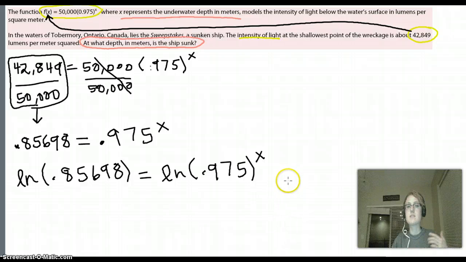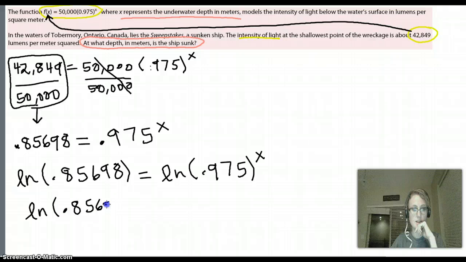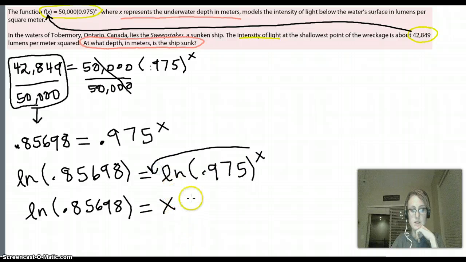You can think of it the same way that division is the opposite of multiplication, or addition is the opposite of subtraction. Logarithms are the opposite of exponents, and so they'll undo the exponent. So here we'll get that the ln of 0.85698, that'll just be some number we'll have to put in a calculator, is equal to x, we get to bring it down as multiplication now, times the ln of